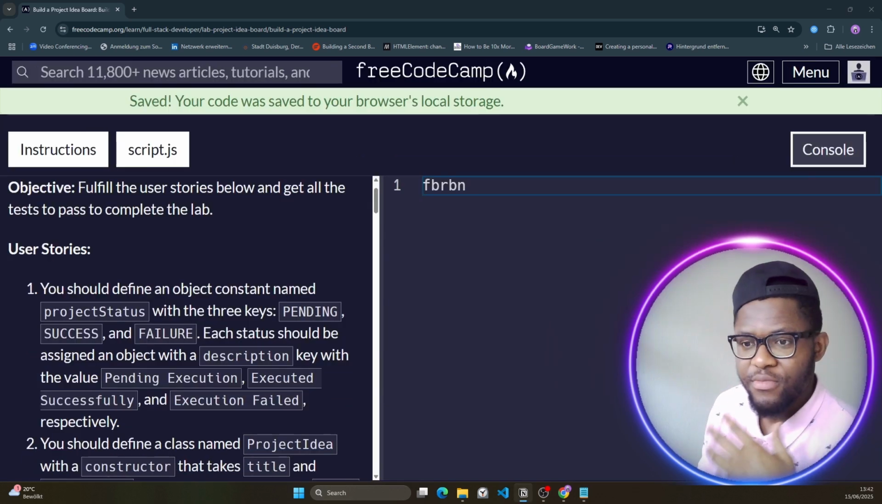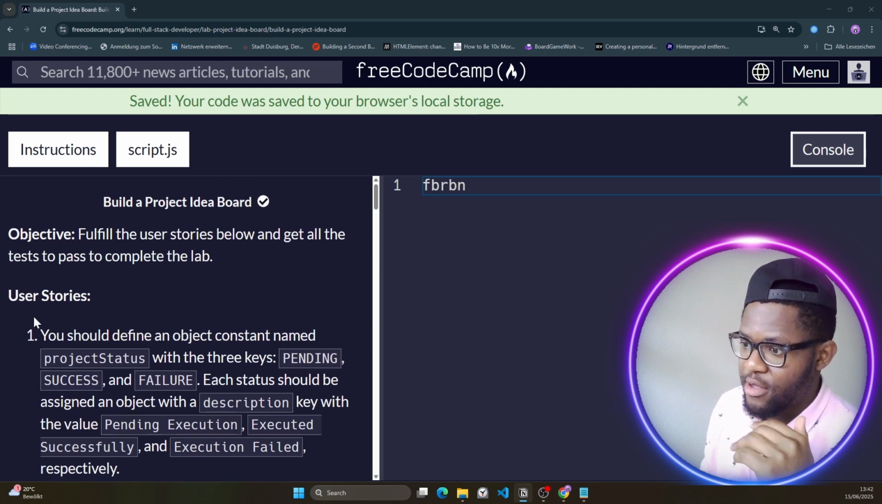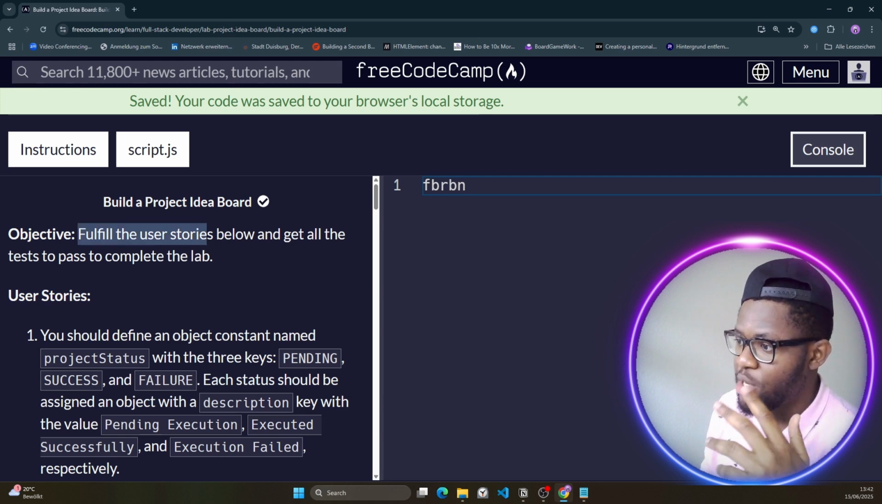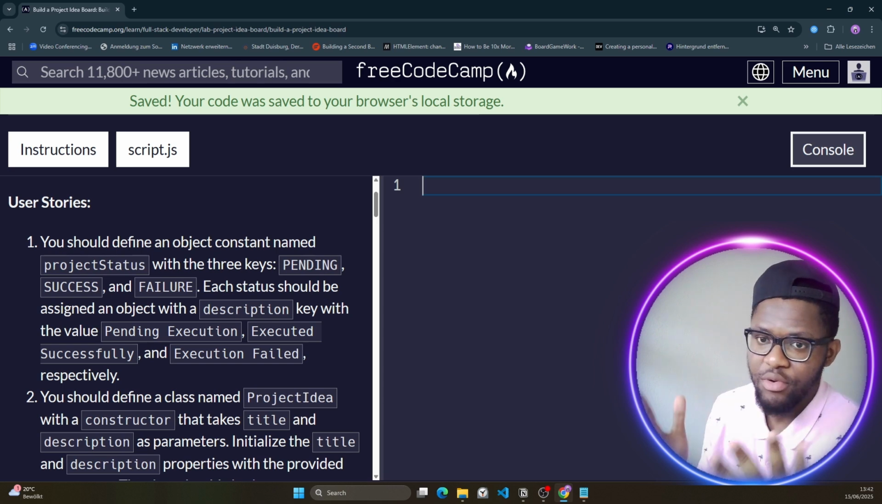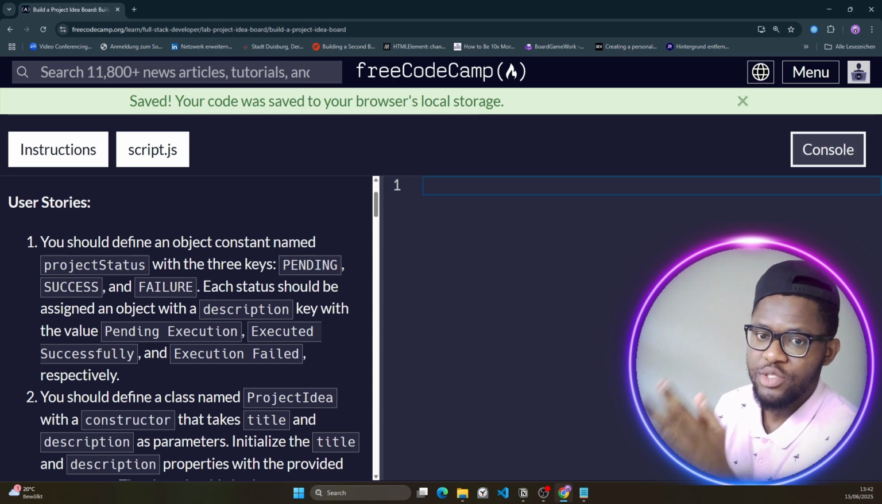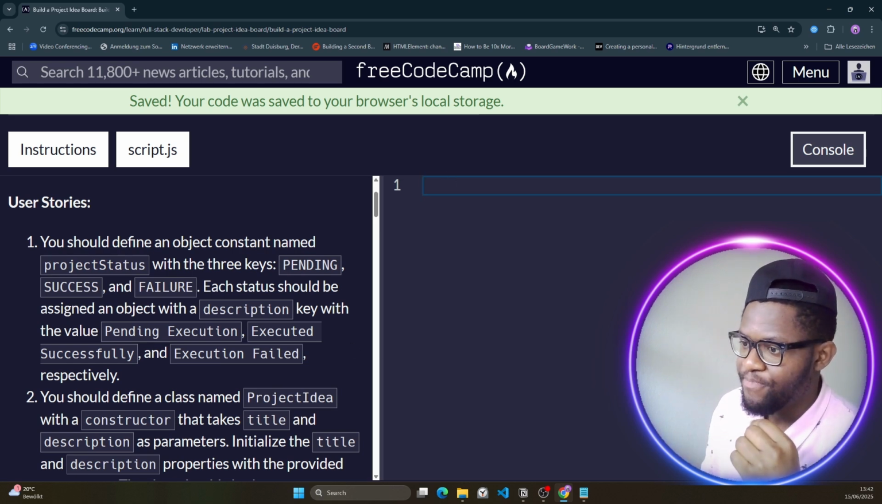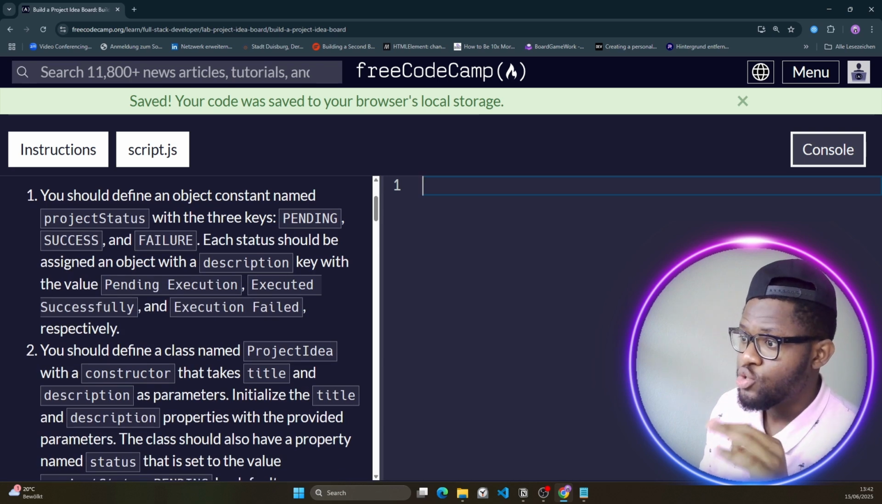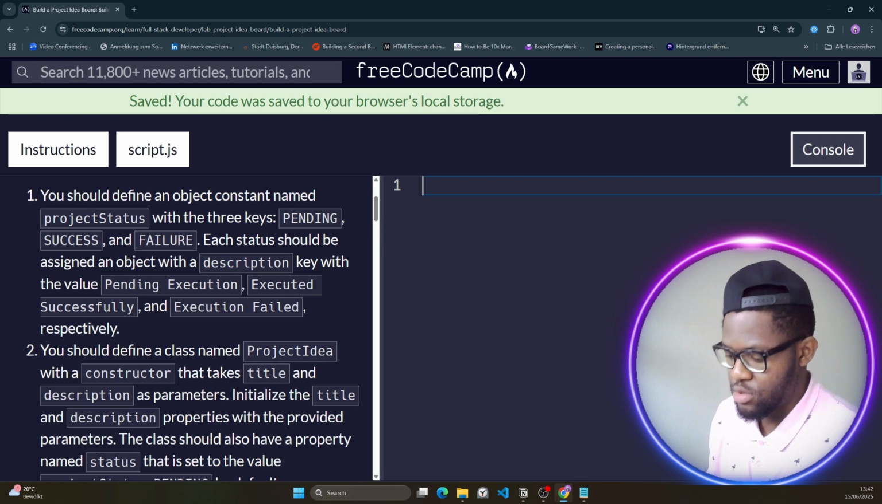So guys, welcome to this hands-on tutorial, as I said. So here are the user stories. What we're going to do here is try to fulfill the user stories step by step, translating them from simple plain English into code. So that being said, let us read the first user story. The first user story says, you should define an object constant named project status. So to define an object,